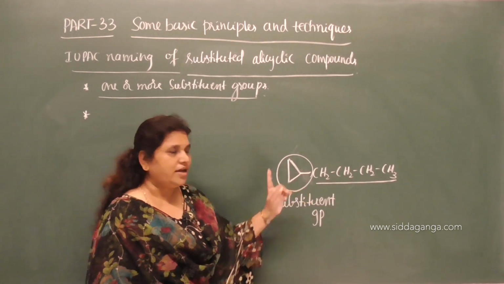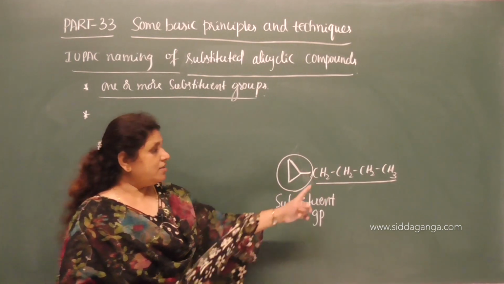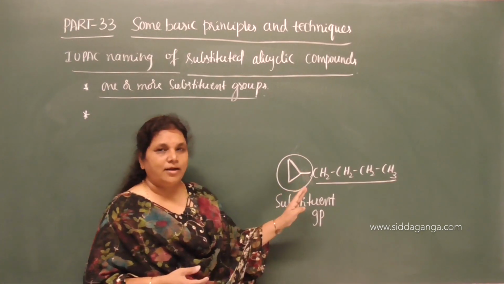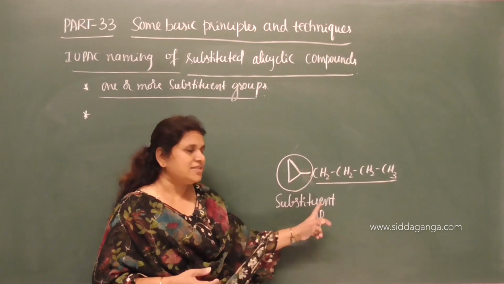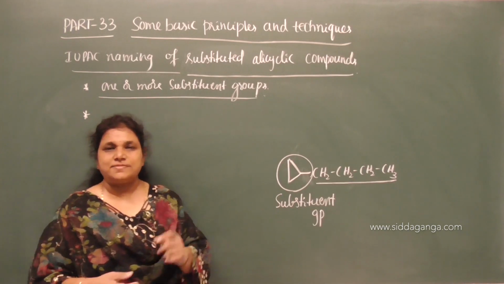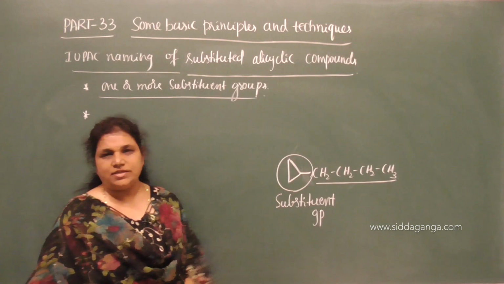Look here, there is a vacant bond, and a side chain is attached to that vacant bond. Since the side chain contains 4 carbon atoms, more than the carbon atoms present in the alicyclic ring, we have to treat this as a substituent group. When the alicyclic ring is treated as a substituent group, then we need to give the prefix for this. Then what is the prefix?